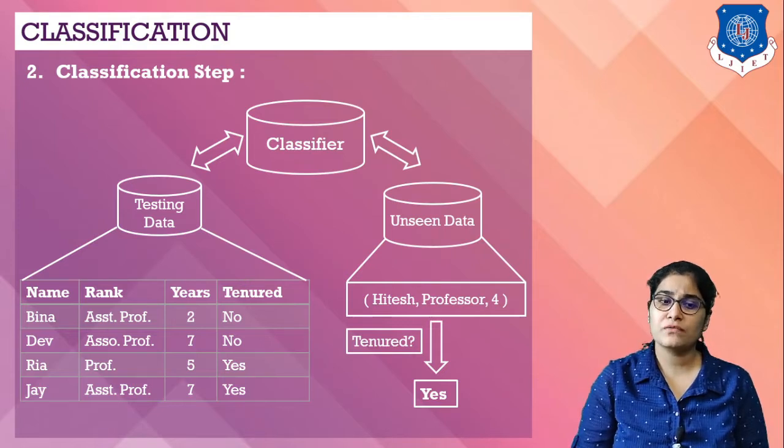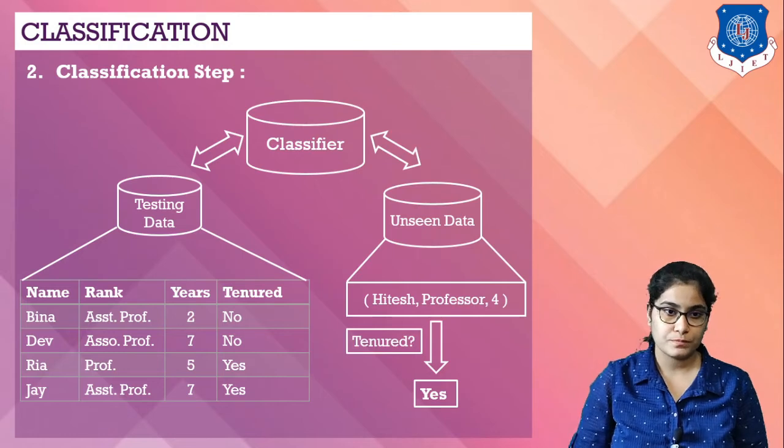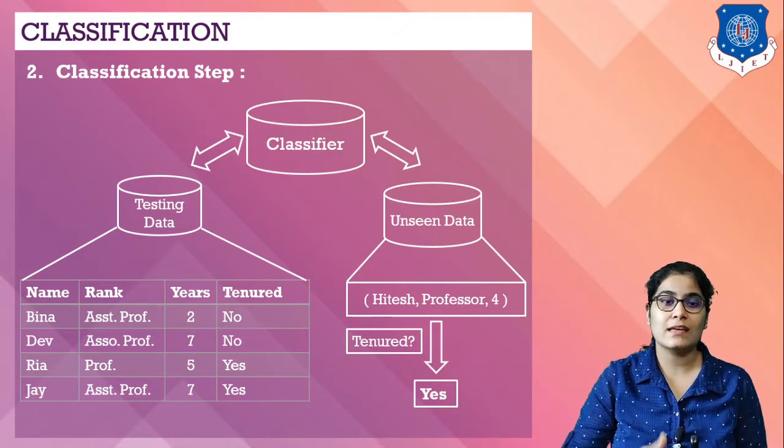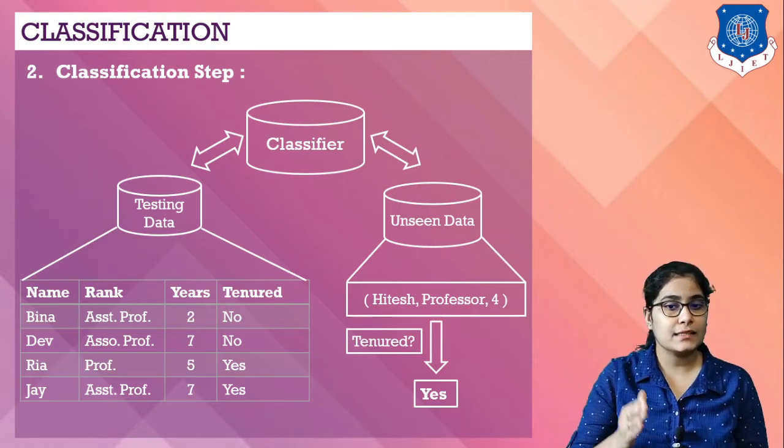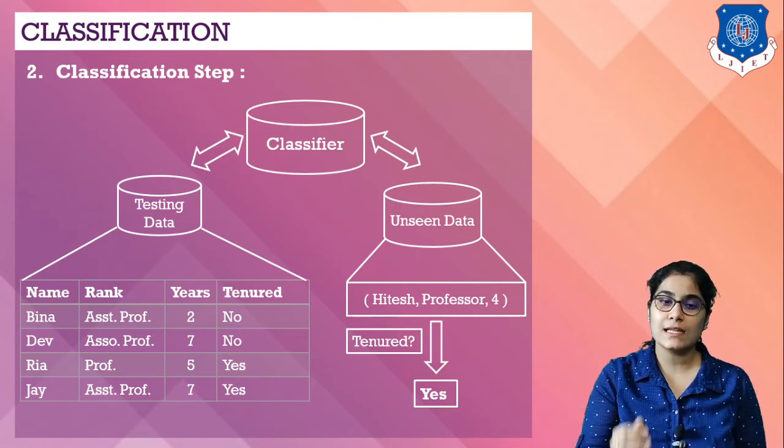Now what is overfitting of data? That is, during learning it may incorporate some particular anomalies of the training data that are not present in the general data set overall. Therefore, a test set is used, which is made up of test tuples and their associated class labels. They are independent of the training tuples, meaning that they were not used to construct the classifier.